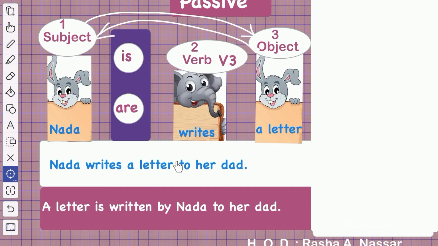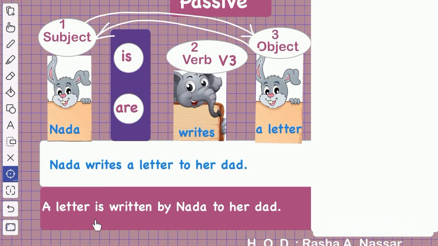So we will put the word number 3 at the beginning of the sentence. So a letter, here a letter, and then after writing the object at the beginning of the sentence, this is step number 2, we should choose is or are according to the object. If the object is singular, we will choose is. If the object is plural, we will choose are. Here the object is singular, a letter, so we will choose is. And after choosing is,